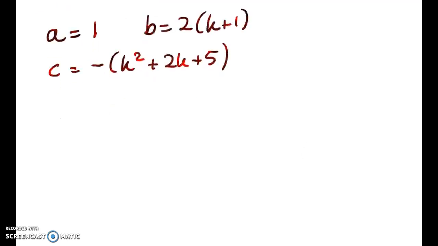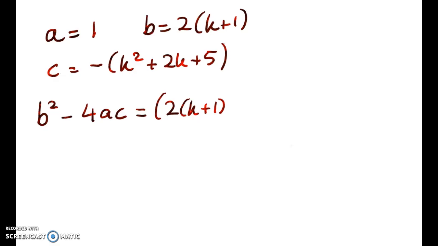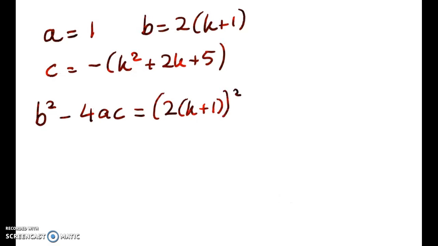Now we substitute them in, and it's going to go like this. Now I've done every little step here. You can skip a couple of these, but you are showing that. So you want to make sure the person reading it doesn't think you've skipped any steps because you didn't know what you were doing. So b squared is this, minus 4 times a, which is 1,